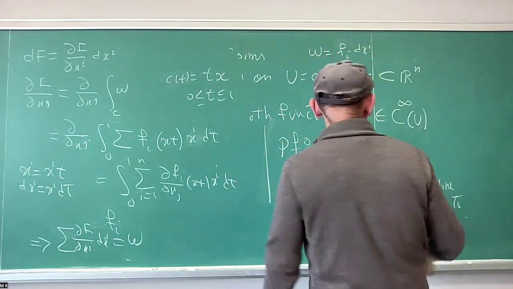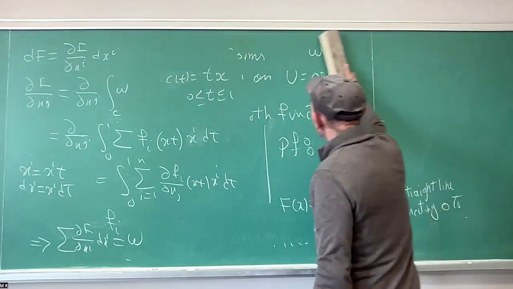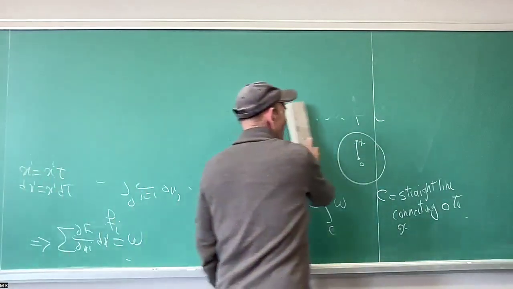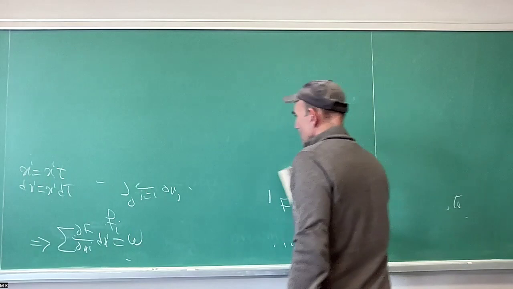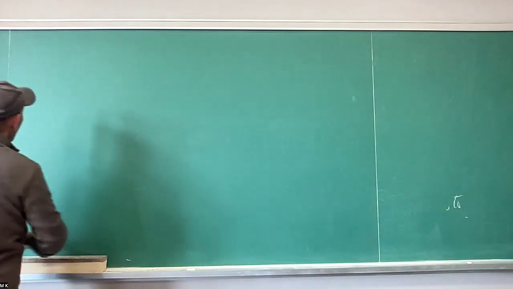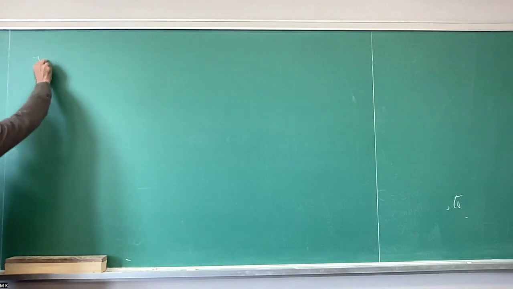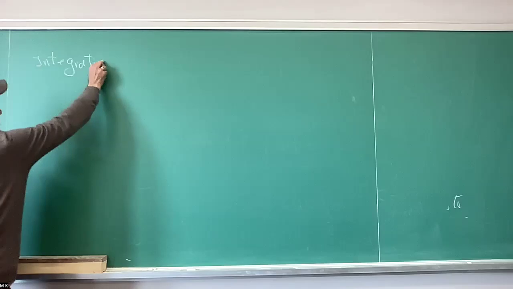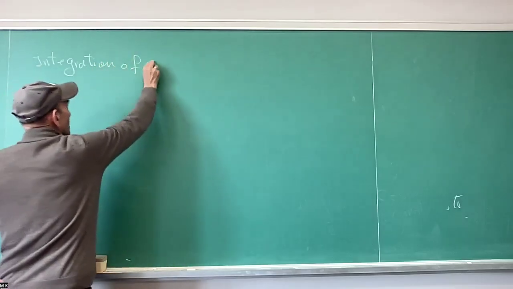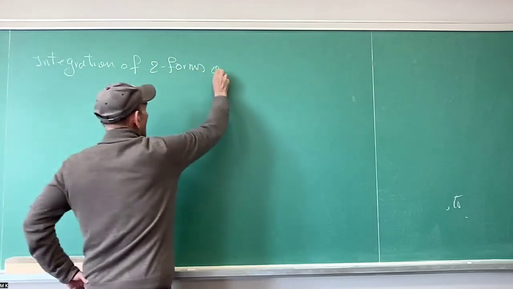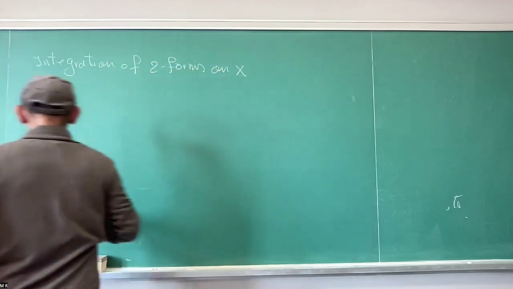Okay, so now let me just write: integration of two forms. So this omega